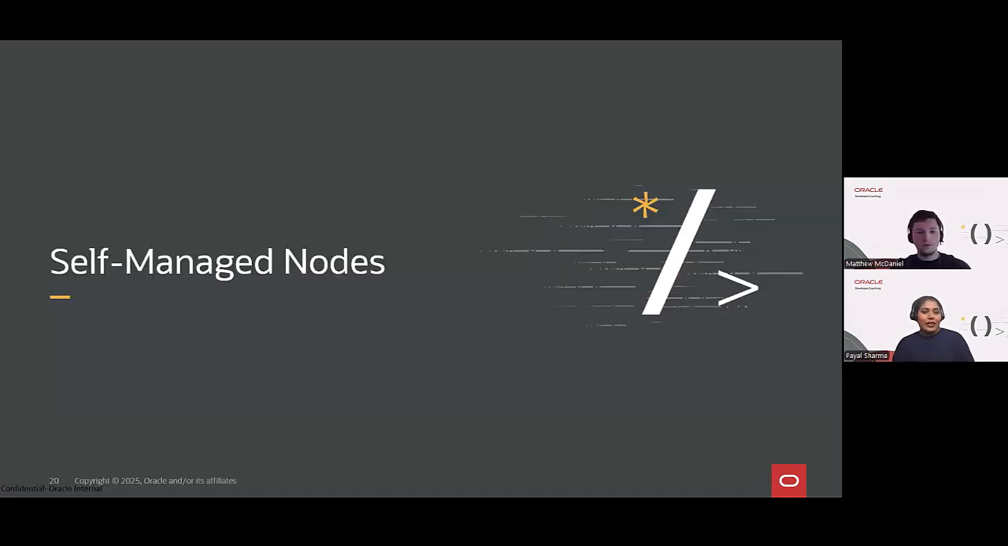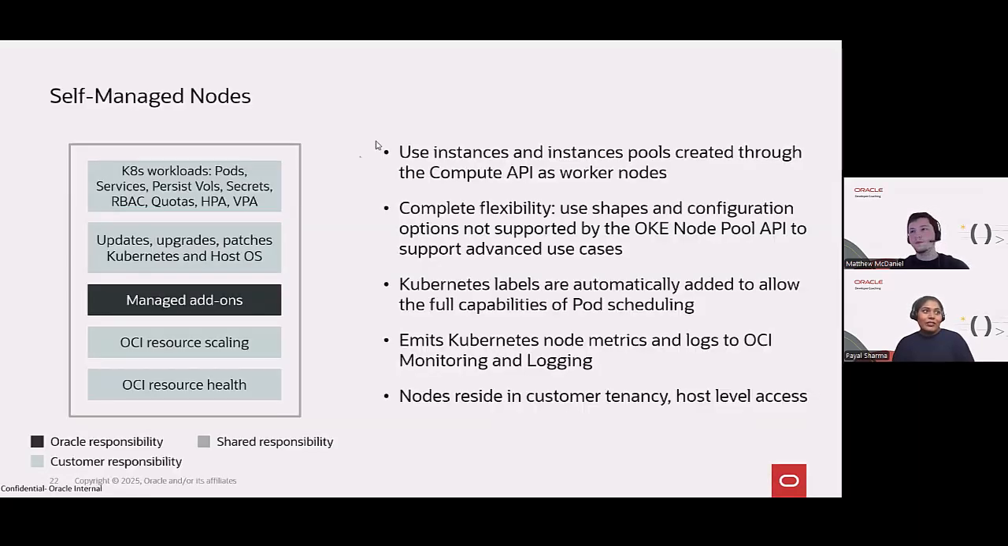Self-managed nodes. With self-managed nodes, you can bring your own compute instances or instance pools and use them as worker nodes on OKE. This gives you complete flexibility to use shapes and configurations that aren't available through the OKE API. These nodes run in your tenancy with full host level access. And an interesting thing is Kubernetes labels are automatically applied for pod scheduling, and metrics and logs are sent to